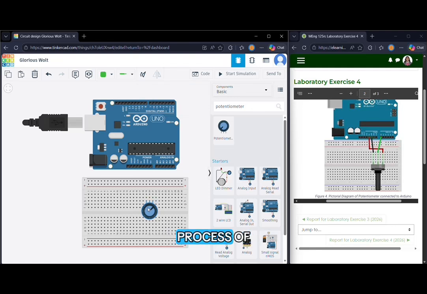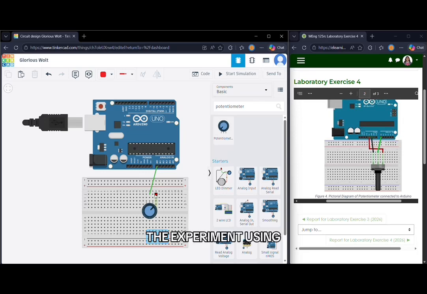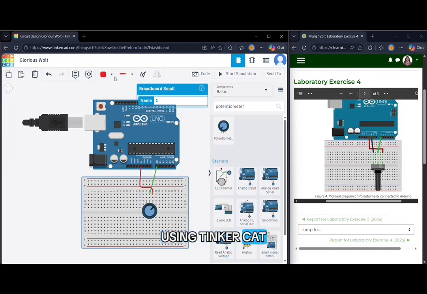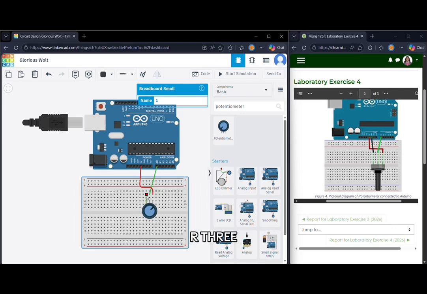And here's the process of creating my own design and circuit for analog input and potentiometer. In conducting laboratory exercise number 4 entitled Analog Input and Potentiometer, I performed the experiment using alternative simulation tools since I do not have access to the actual electronic components. I designed and assembled the circuit using Tinkercad, where I virtually connected step by step the Arduino Uno R3 and